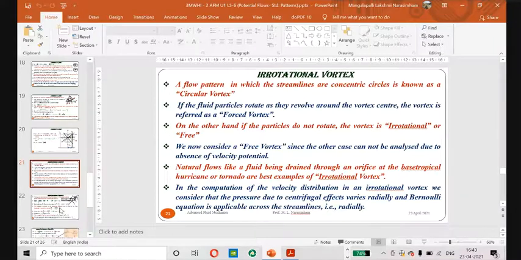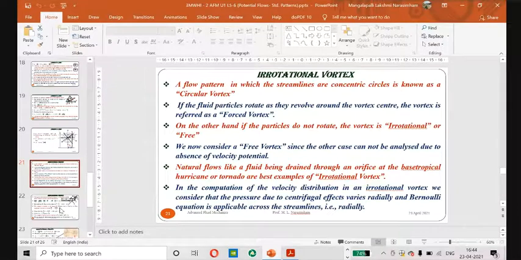In the case of a free vortex, the flow is generated just by gravity and due to the Coriolis force of the Earth's rotation. In the northern hemisphere, the direction of flow will be clockwise, and in the southern hemisphere, it will be anti-clockwise. So in all our sinks, you can see that the flow will be in the clockwise direction only.